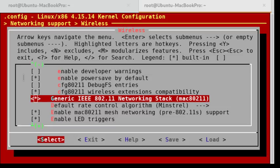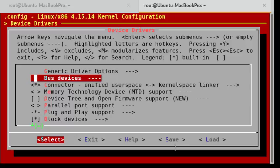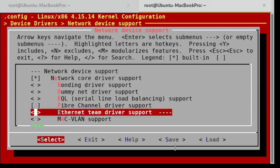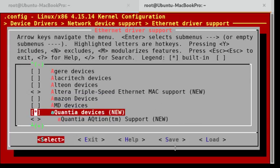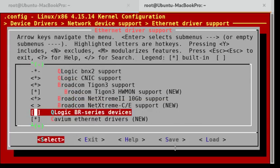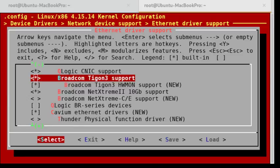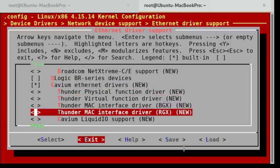Okay, wireless driver. We already got that. Yeah. Okay, so we gotta turn this off. Sorry guys, I just had to look at what we needed for the wireless. Excuse me. Turn this off. Turn this off. Turn this off. Broadcom 3. Okay, that's already taken care of. Well, we don't need the stuff before it. And we can turn off the